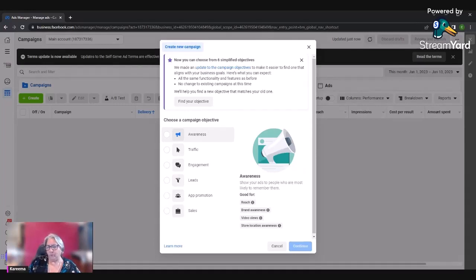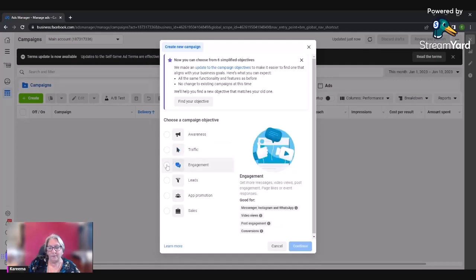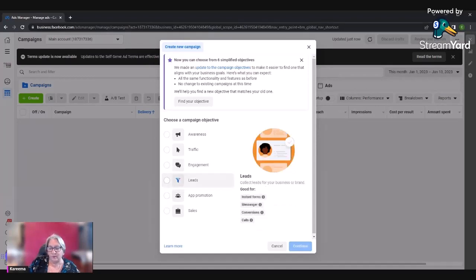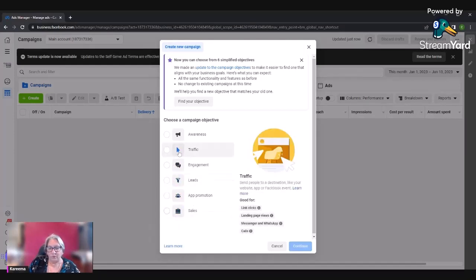So what we find too is that no matter what Meta tells us these ads are good for, we're going to need to end up testing some campaign objectives. In a brand new lead generation ad, I would be testing awareness. I would be testing traffic, which is good for link clicks, landing page views, Messenger and WhatsApp, and calls. Engagement, good for Messenger, Instagram and WhatsApp, video views, post engagement, conversions. Leads, good for instant forms, Messenger, conversions and calls. App promotion doesn't apply. Sales is what we predominantly use in e-commerce. So I'd be testing awareness,